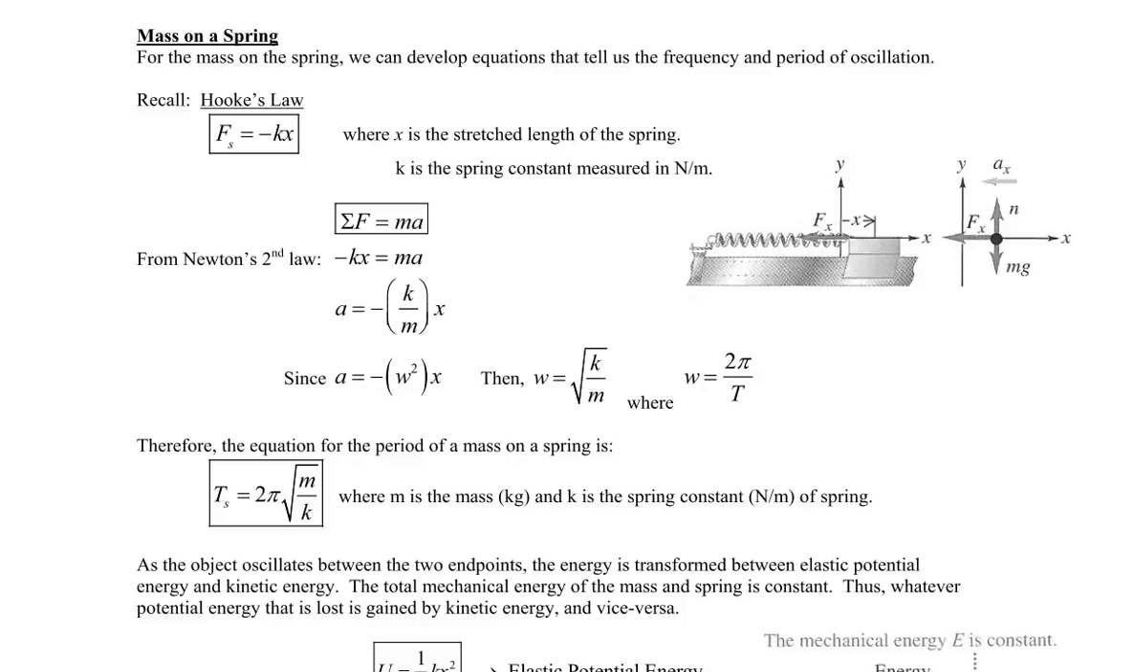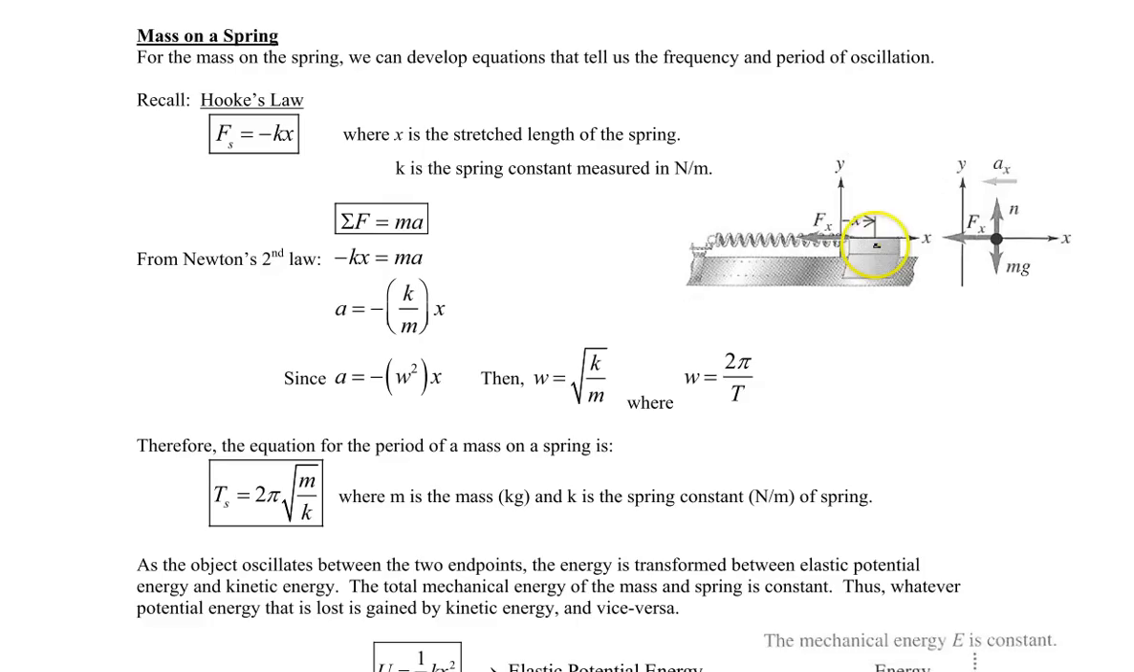Okay, we're going to be looking at a system where a mass is attached to a spring here. We want to develop a number of equations, particularly the equation for the frequency and the period of oscillation. So we have a frictionless environment. So we've taken a glider that is on an air track, so there's no friction, and the only force that's